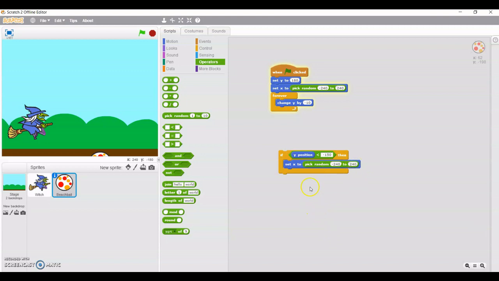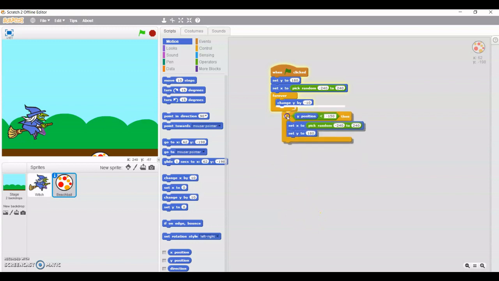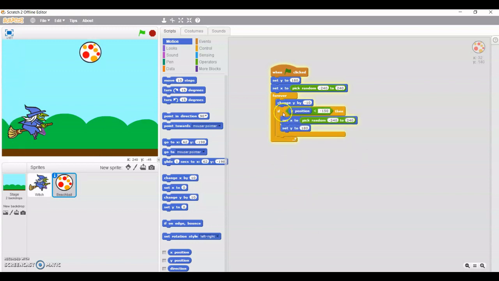And now I'm going to set y to 180. Set y to 180. Here I'm going to paste 180. Okay, so this is your program.